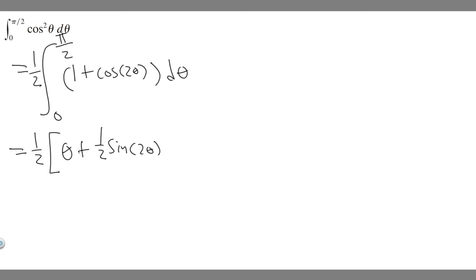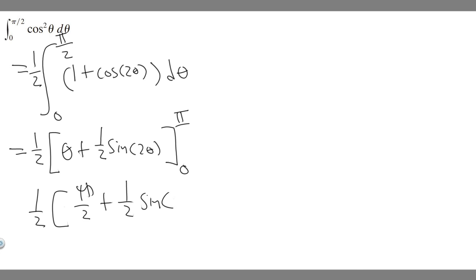And so now we've got it like this. What we're going to want to do is go ahead and solve. So we've got the integral, and we're just going to evaluate it from 0 to pi over 2. Remember, we have to multiply by 1/2 out front. What you should notice first is if we plug in 0, it's just going to be 0, because 0 plus 1/2 times the sine of 0 is 0. So really, it's just 1/2 times pi over 2 plus 1/2 times the sine of 2 times